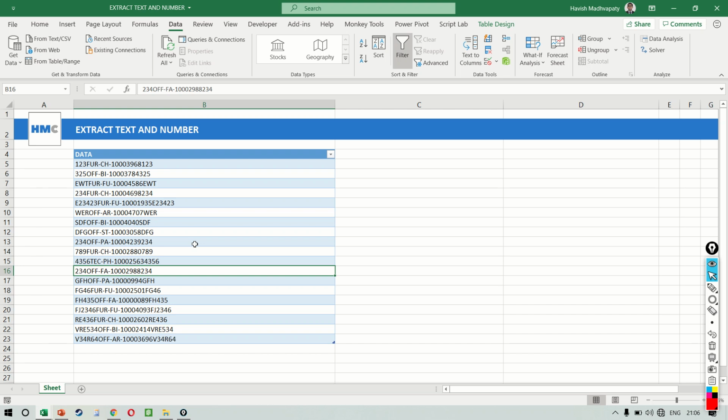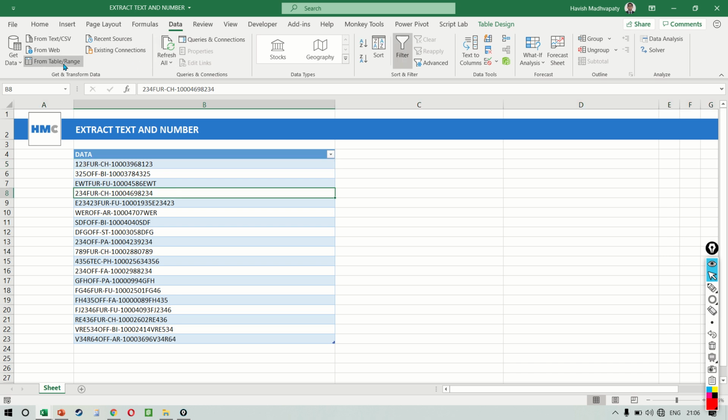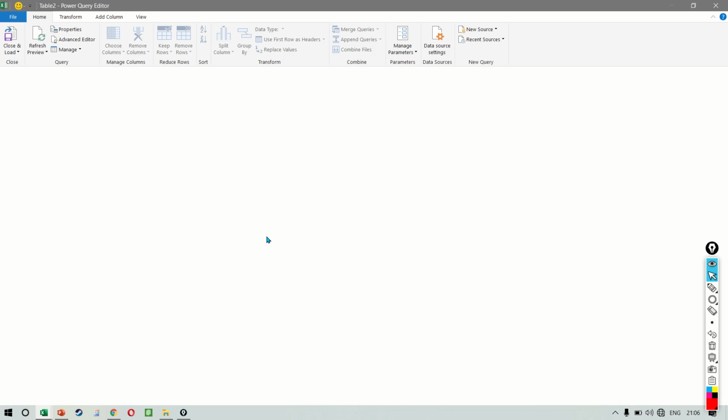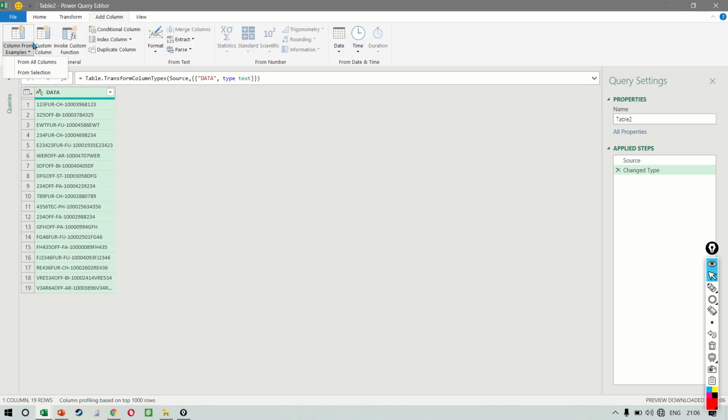In this lecture, I want to show you how you can use Power Query to extract the text component and the numerical component. If you notice, our dataset has numbers and text values mixed together, and we want to separate both of them. We will first send the data to Power Query, and it is a very simple function. We will add a column, custom column,